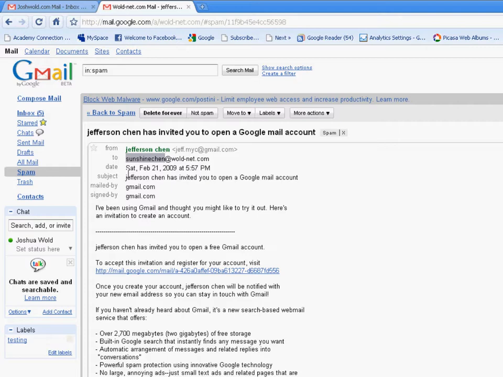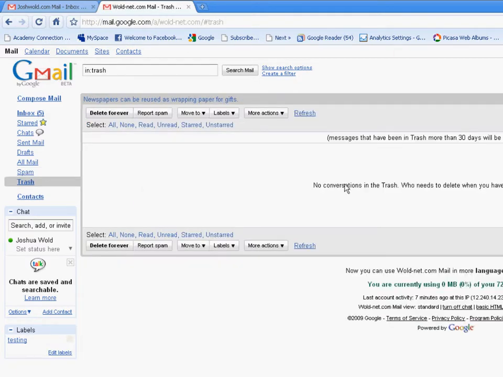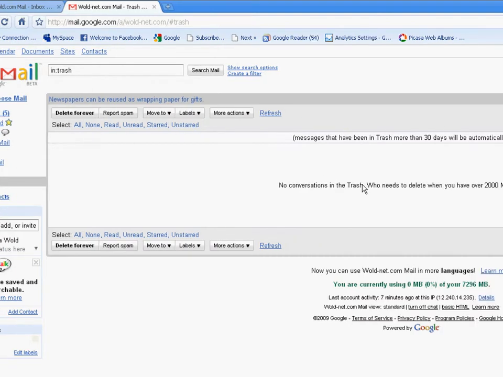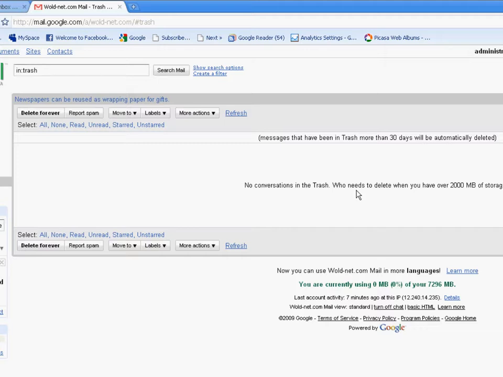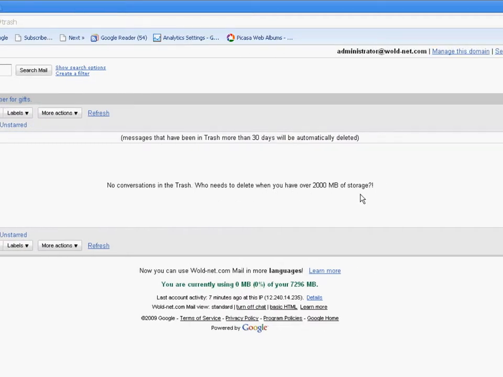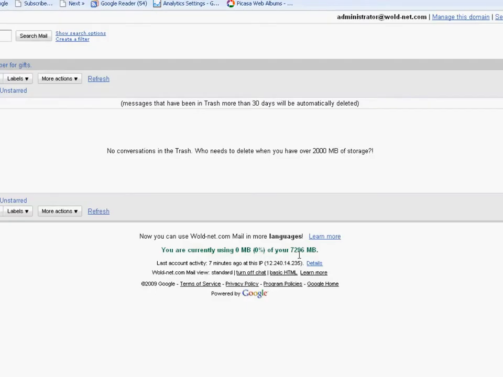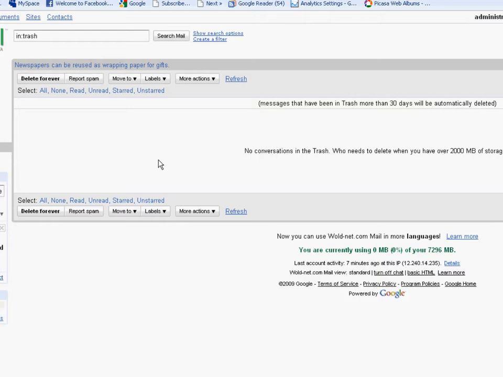So we go to trash next, and pretty easy. It says here, no conversation in trash. Who needs to delete when you have over 2,000 megabytes of storage? Well, down here it says I have almost 7,300 megabytes of storage. So yeah, they're kind of right, but still, instead,